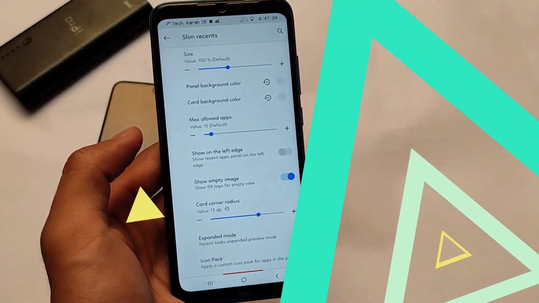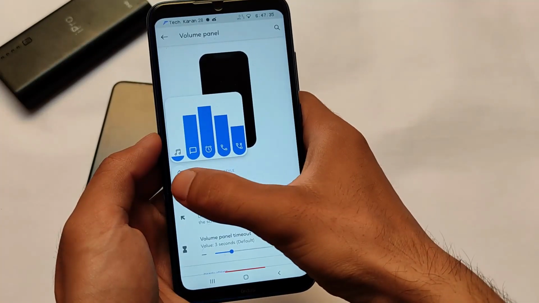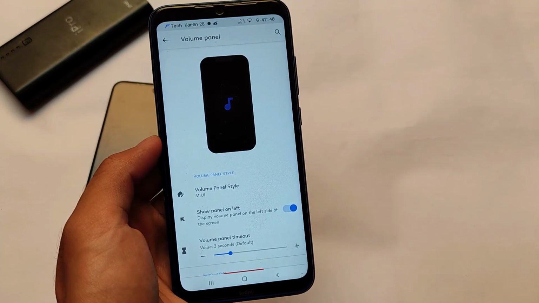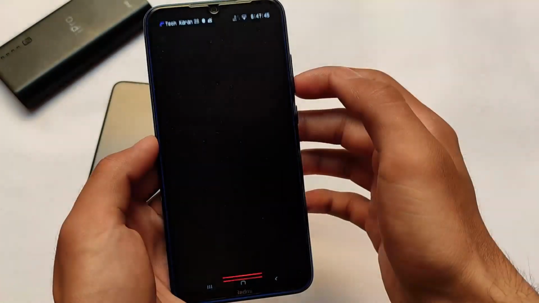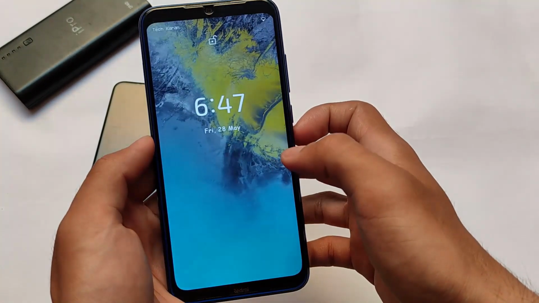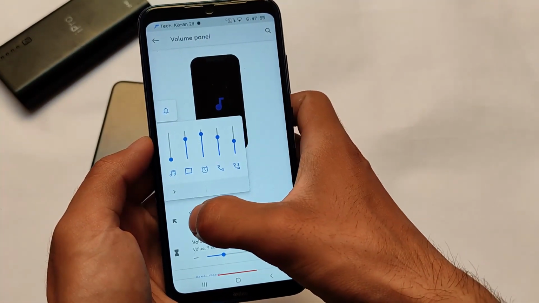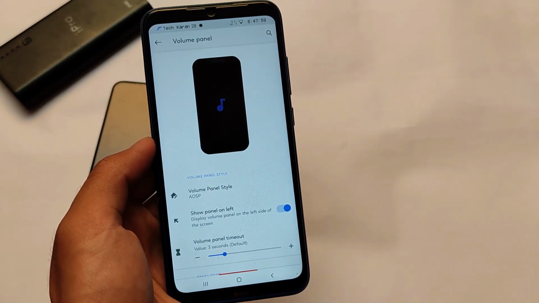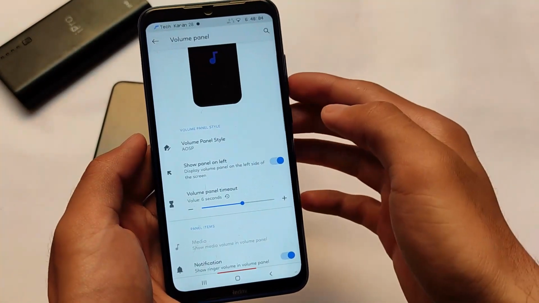But now we're going to talk about another feature, last but not the least in our list. We have the volume panel related customizations. The volume panel also has huge options for you. You can customize every single thing according to you. For example, you can customize the volume panel style. Of course, the latest version includes this MIUI volume panel also. Maybe if you're using any other version, you might not get this volume panel, but it has other options available for you, like the calling ringtone, Bluetooth ringtone, messages, notification, music, and per app ringtones. There are many huge features for you. These are some volume panel customizations.